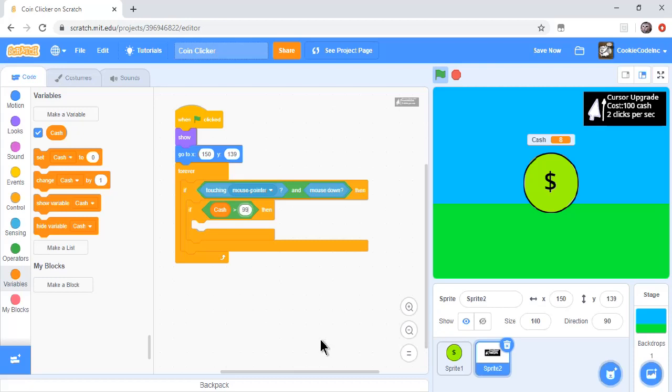So right now it should be like this: when flag clicked, show, go to X whatever, forever loop, forever if touching mouse pointer and mouse down, then if cash is greater than 99, then